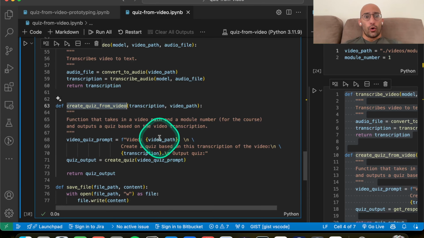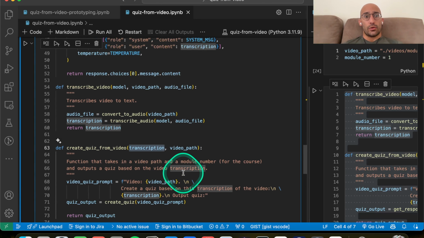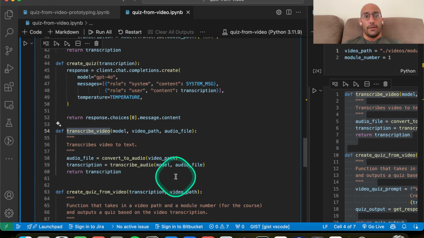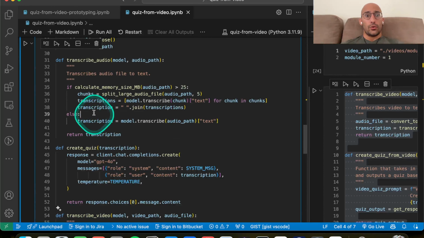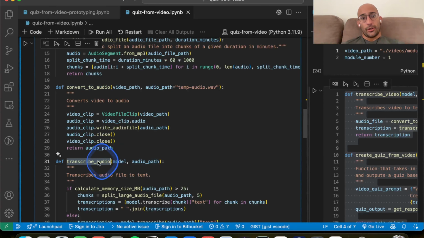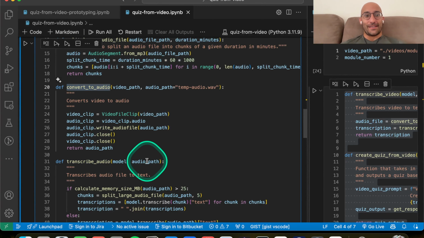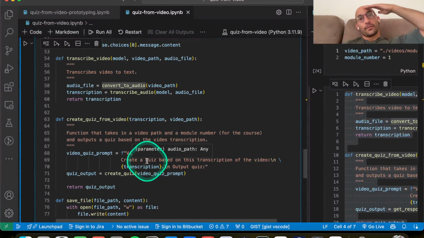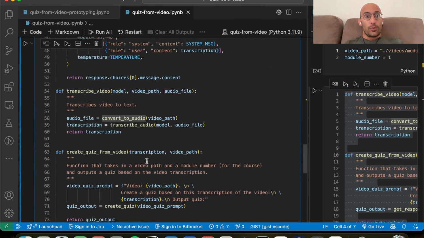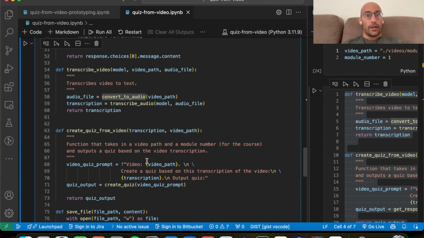And to do that, I need to have the transcription. And to have the transcription, I need to transcribe the video. To transcribe the video, I need to transcribe the audio of the video. For transcribing the audio of the video, I need to convert to audio. So I need to take in a video, transcribe that video. Then after the transcription, create the quiz. So let's do precisely that, starting with